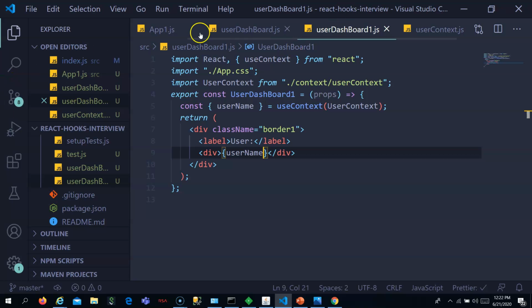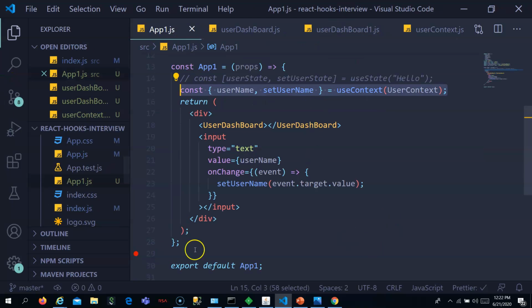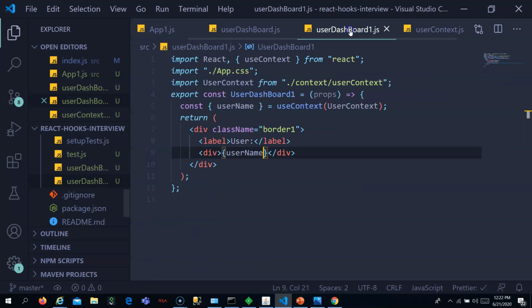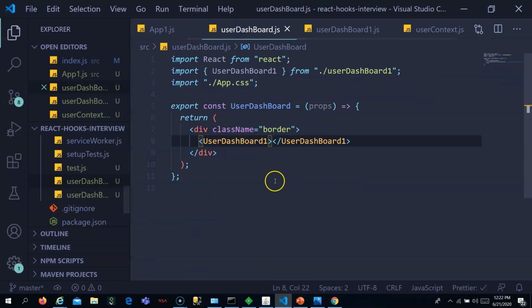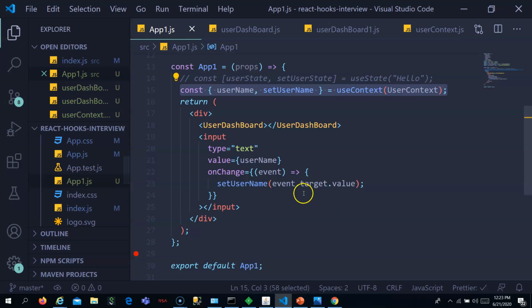Right? Hope you understand. Whatever we set in the context, we retrieve from that context, and it is accessible in user dashboard 1 without sending the data as props from app 1 to user dashboard and from user dashboard to user dashboard 1. Understand, right?